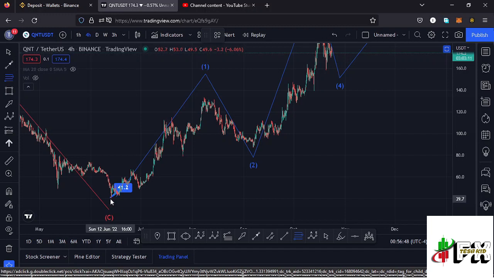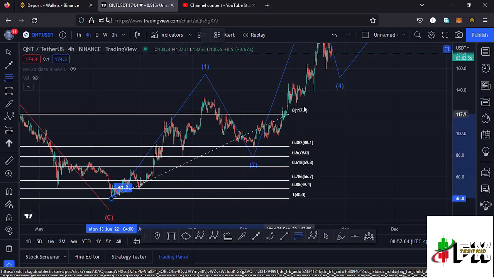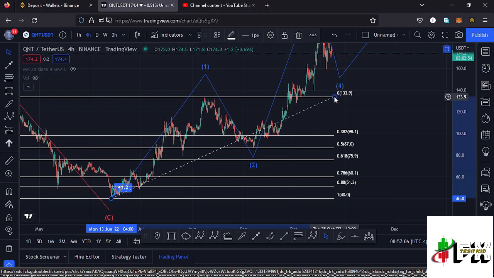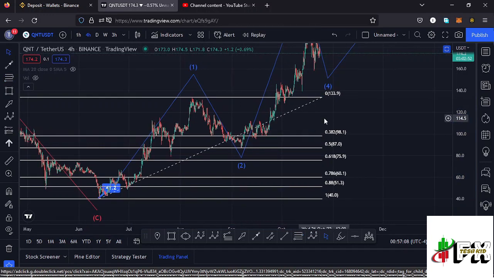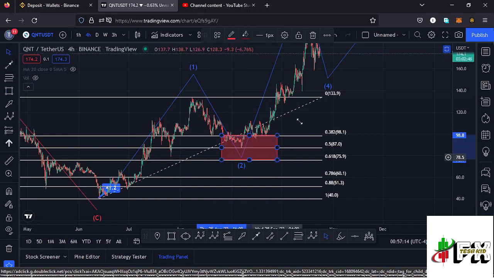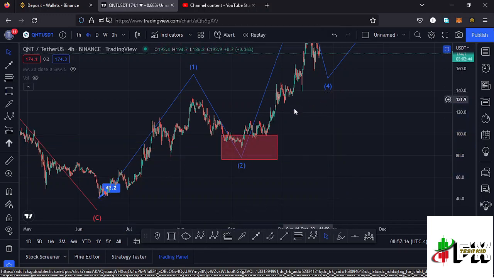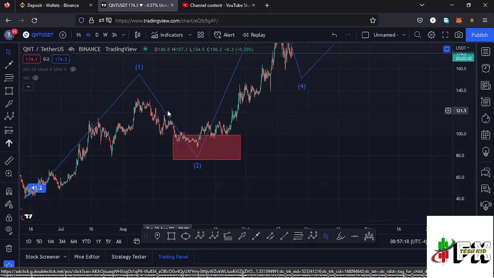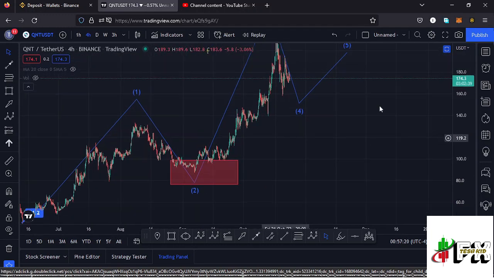We can use the Fibonaccis to see whether this wave 2 has done the minimum retracement area by connecting the fibs from the low of that wave 1 down there to the high of that wave 1, and that gives me a minimum retracement area between the fib level 0.382 and the fib level 0.618, and I can mark that target area here on the charts like that. And you can see Quant retraced into that target area, then saw a very nice bounce to the upper side